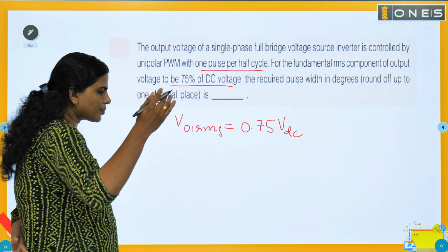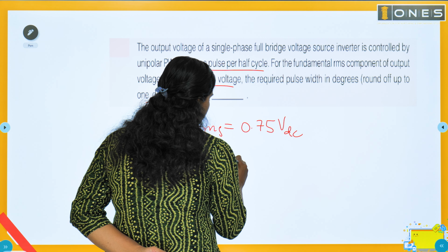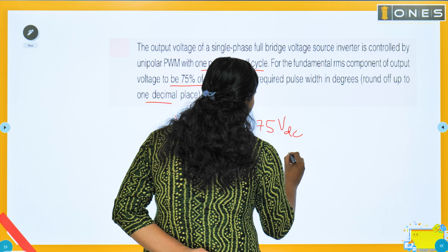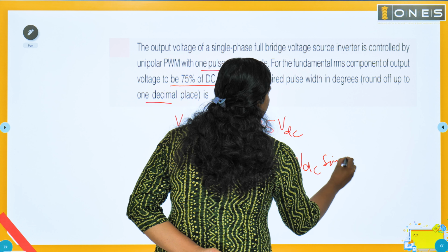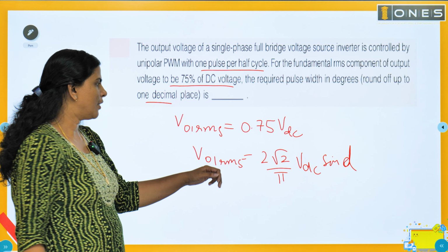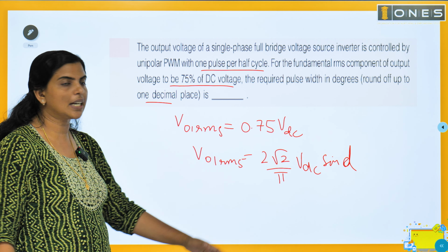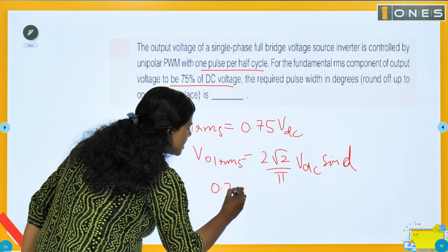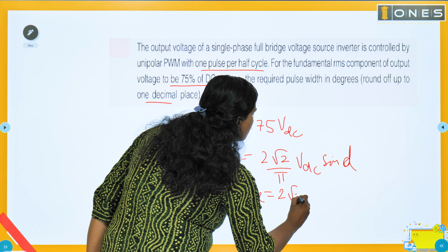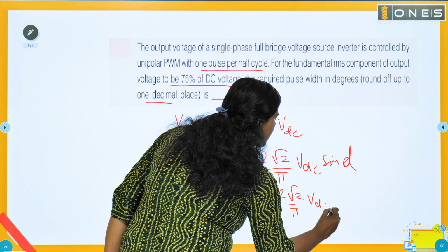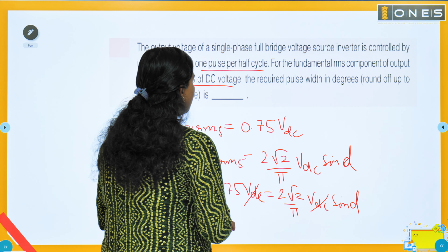ഓക്കെ, സോ വി നോ ദ ഇക്വേഷൻ: the fundamental RMS value V01 RMS is equal to 2 root 2 by pi VDC into sin D. Okay, and we know that V01 RMS 0.75 VDC ആകുമ്പോഴത്തെ പൾസ് വിഡ്ത്ത് കാണാനാണ് പറയുന്നത്. അപ്പോൾ ഇവിടെ 0.75 VDC സബ്സ്റ്റിറ്റ്യൂട്ട് ചെയ്യാം. Then 2√2 by pi into VDC sin D. Okay, VDC cancels. On solving this,